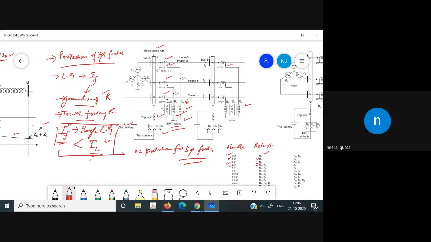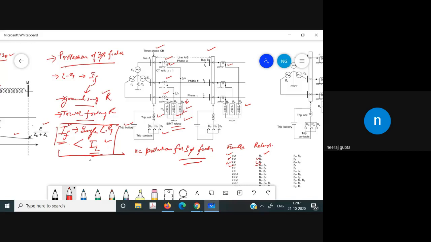So it will not cater this type of fault if we have a line-to-ground fault in which we have a high value of resistance, due to the grounding or due to the tower footing resistance. So these types of faults are not catered for if we take this scheme into consideration. So what do we have to do? We have to modify this scheme. How to modify this scheme?